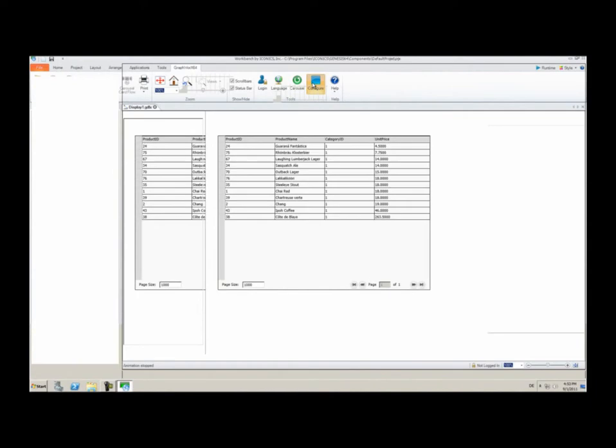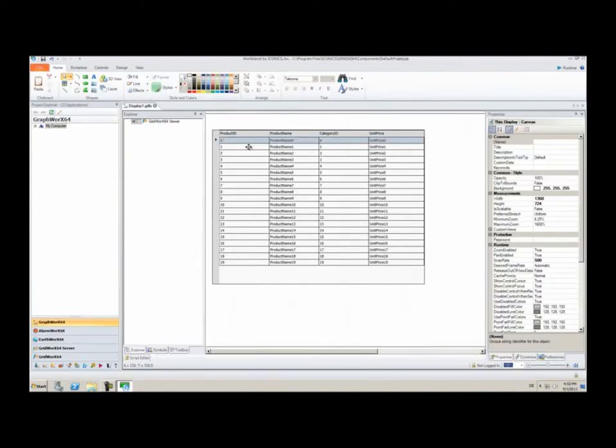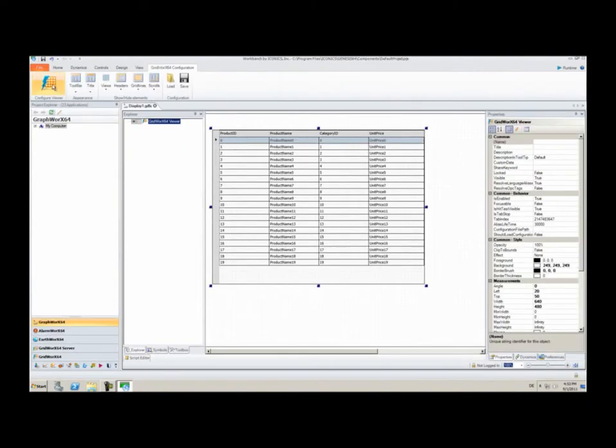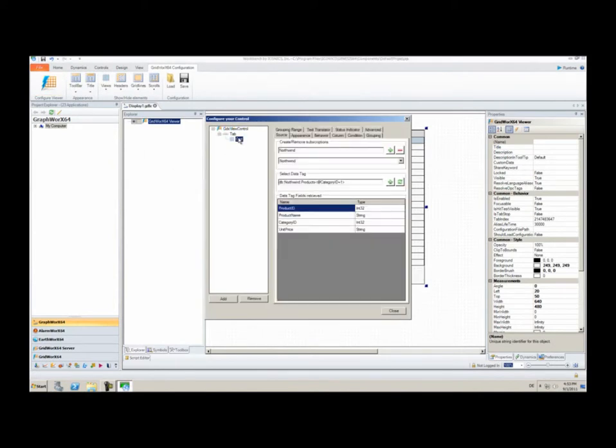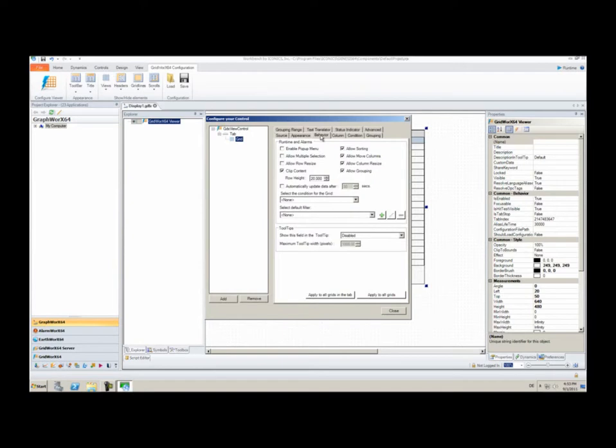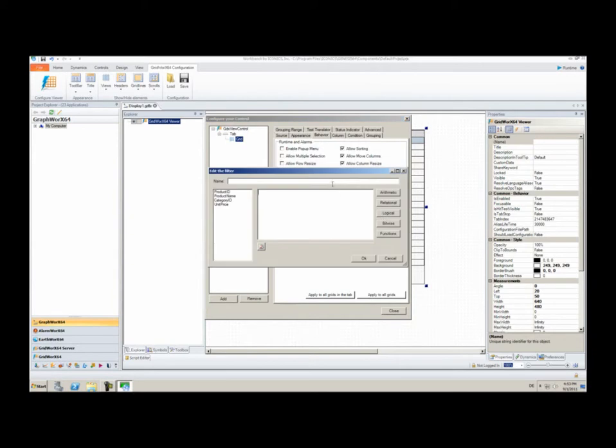In case you want to do a client-side filtering, you can do that by selecting the grid, go to the configuration, on the grid part, go to behavior, and here you can create a new filter. Let's create a new filter that returns prices below 10. And you select